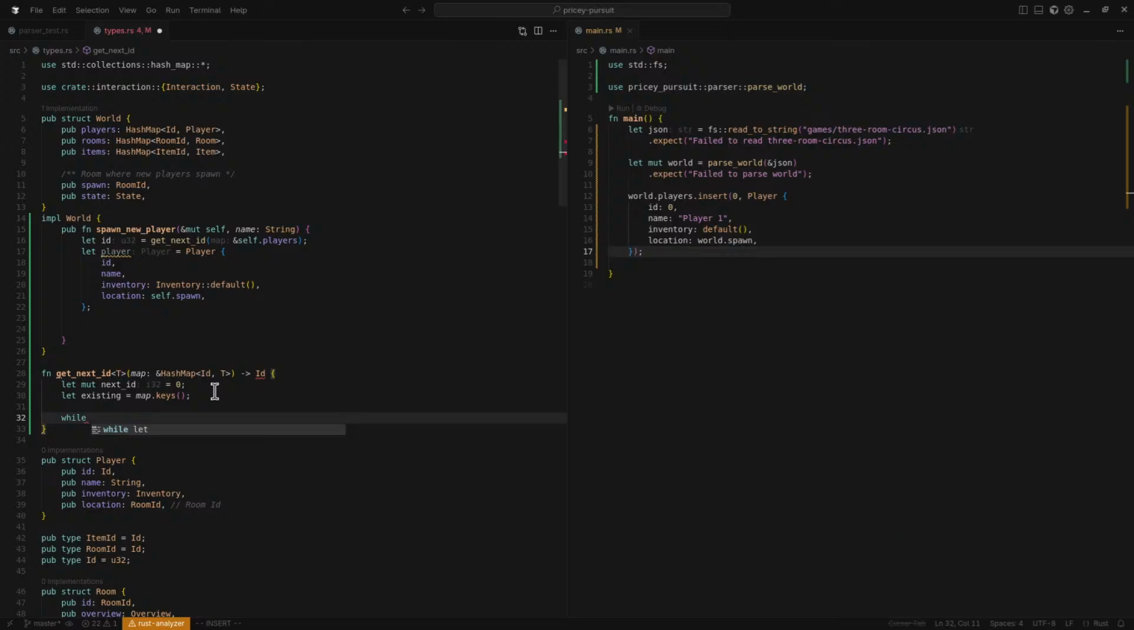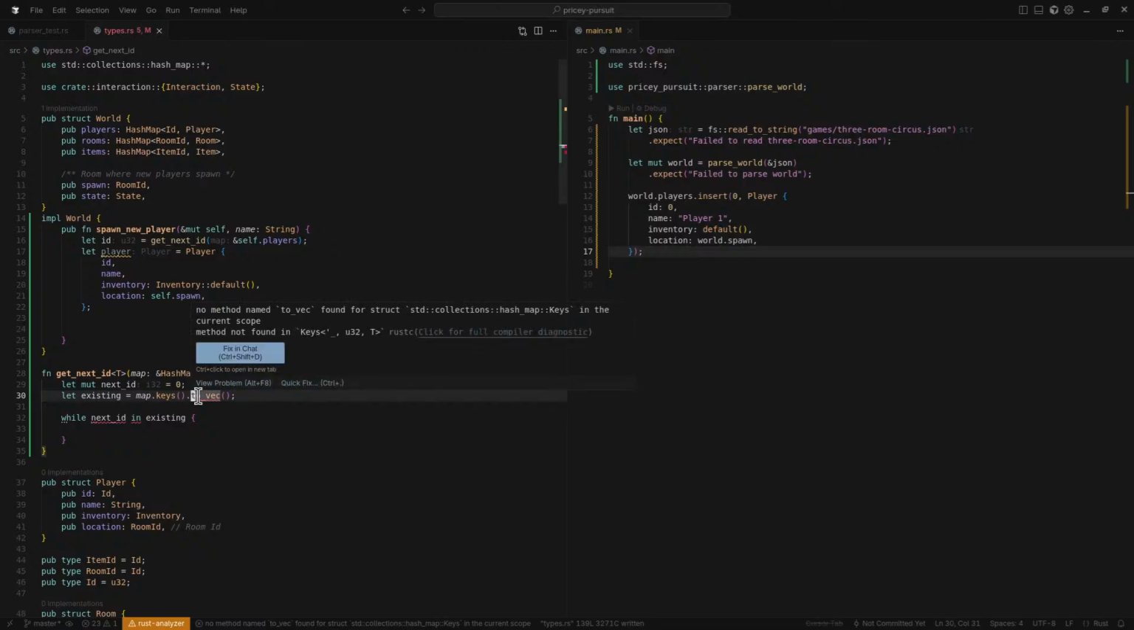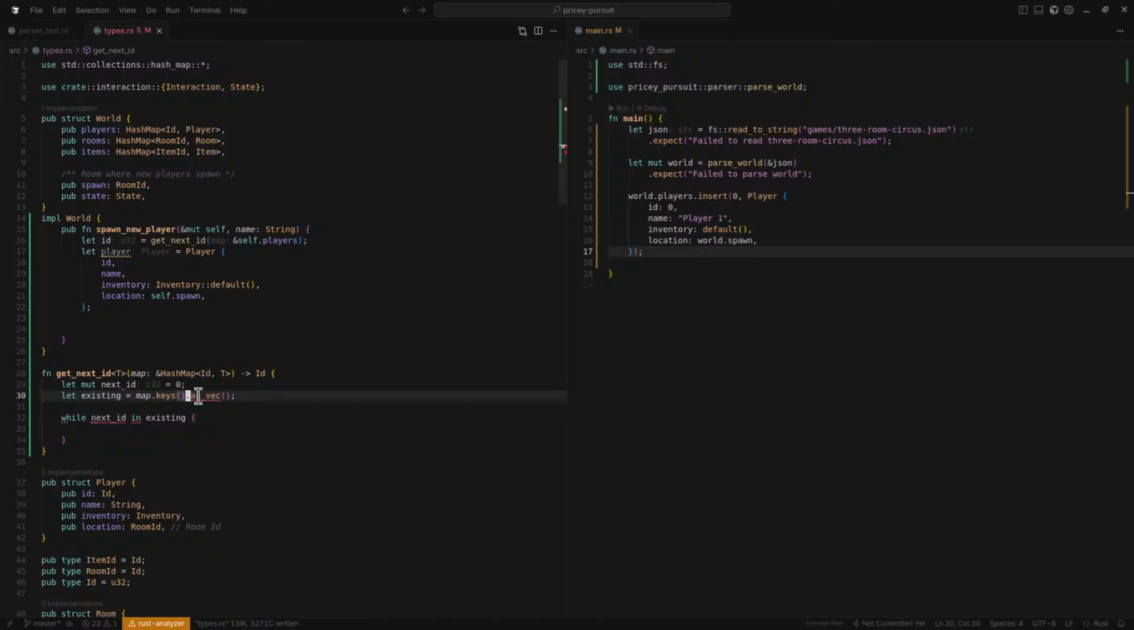While next ID in existing, this is not efficient code. To vec. Does that work? As vec, maybe. Vec new from